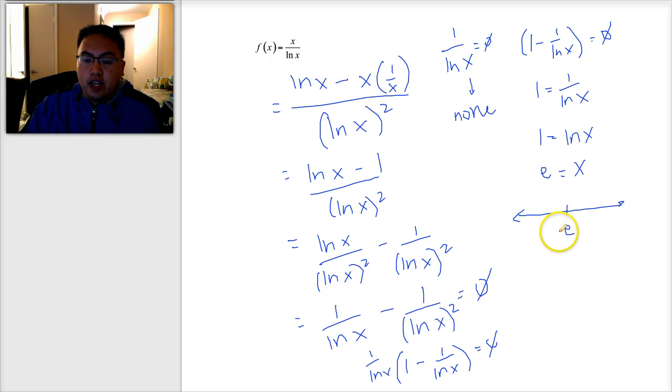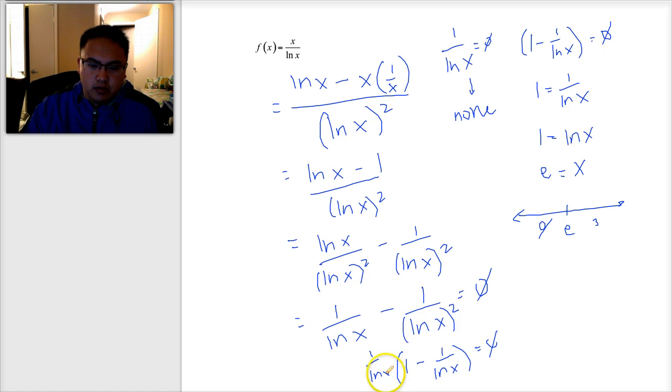I need to test two numbers. Remember, e is like pi. It's an irrational number. It's 2.7-ish. So the easiest number to the left of e, I think, is 0. And the easiest number to the right of e is 3. If I plug in 0 here,